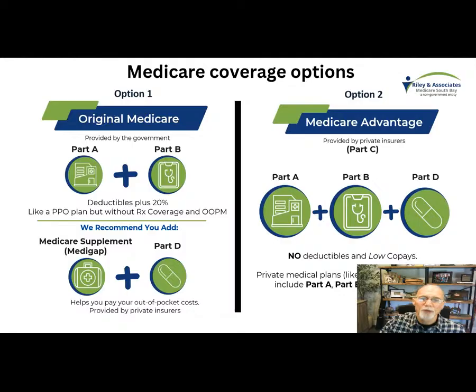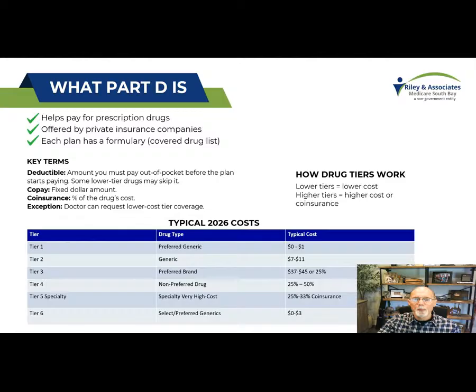So these are your two options. It's either original Medicare, Part A and Part B, adding a supplemental in Part D, or it's option 2, which is a Medicare Advantage plan that works like an HMO. And it includes Part A, Part B, and Part D, your drug plan, and gives you extra benefits as well. So you're going to pick one of these two options just based on what your preference is, your lifestyle, your budget.